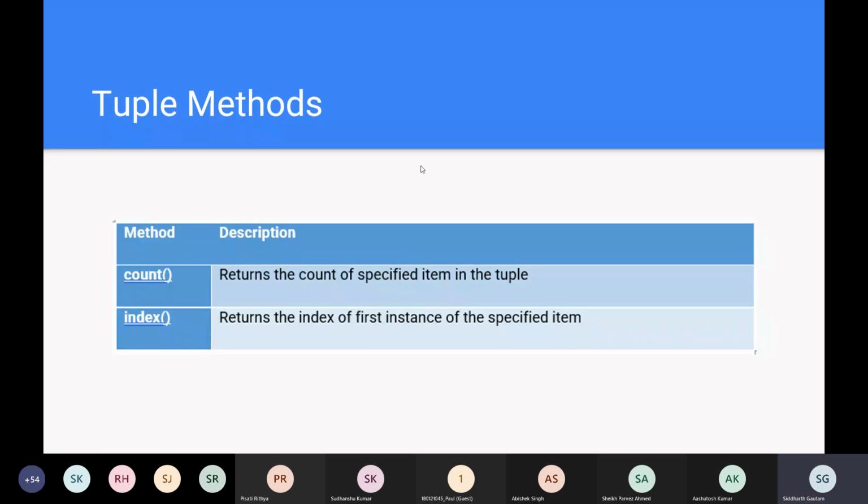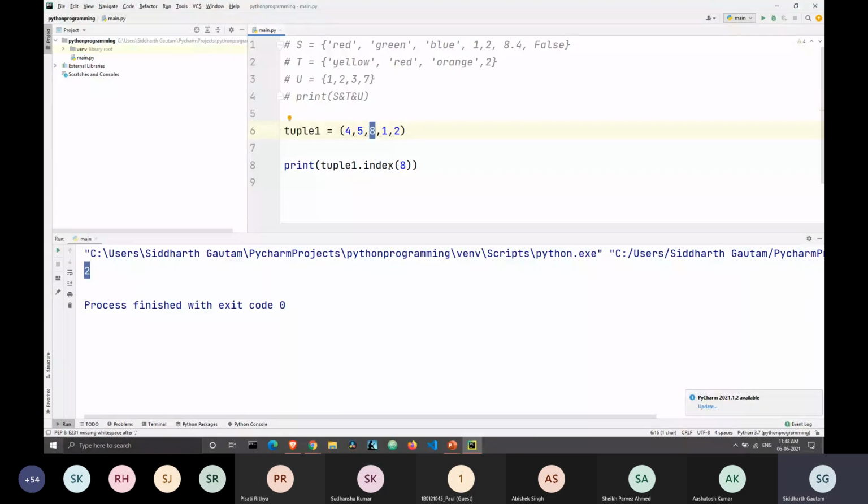So let's go back to our IDE, and here, instead of writing tuple1.index, I remove this and write tuple1.count. What's going to happen is that I will get an output of 1. Let's try to print this, and I'm right. The output is 1. That's because the number 8 is only appearing once in the tuple, right?